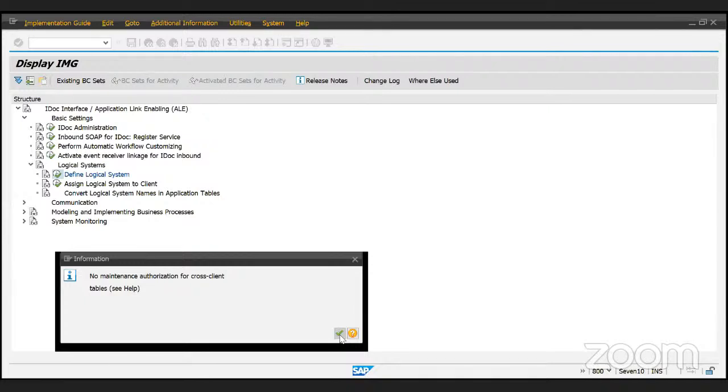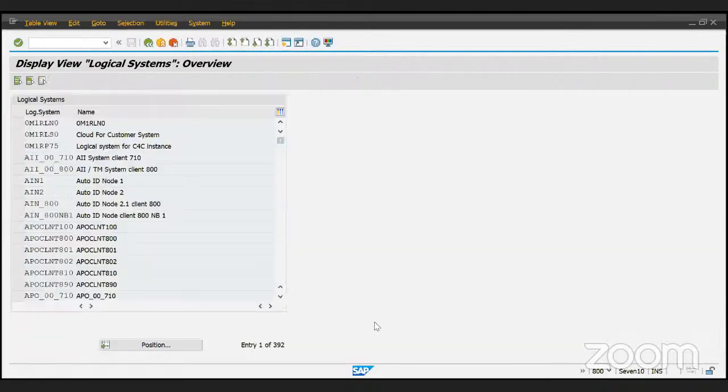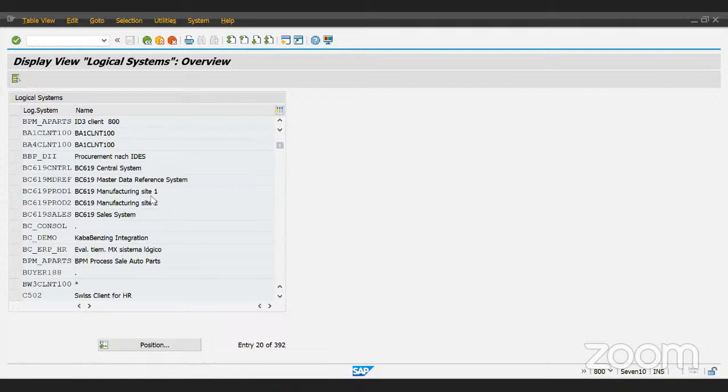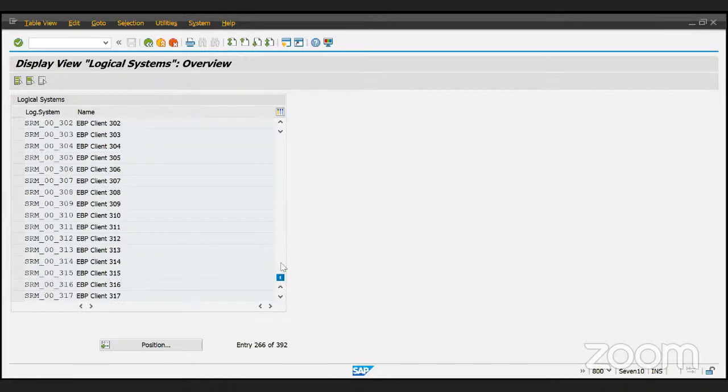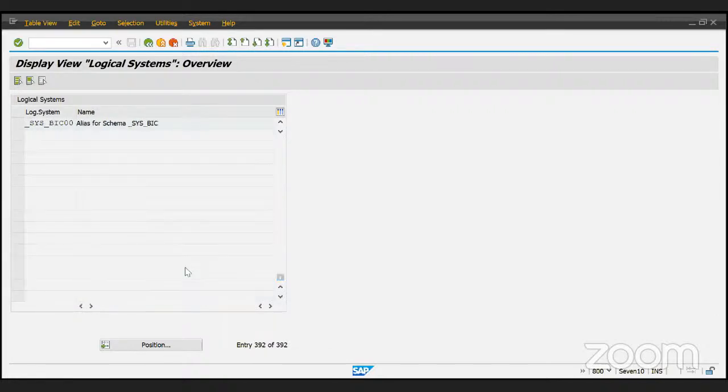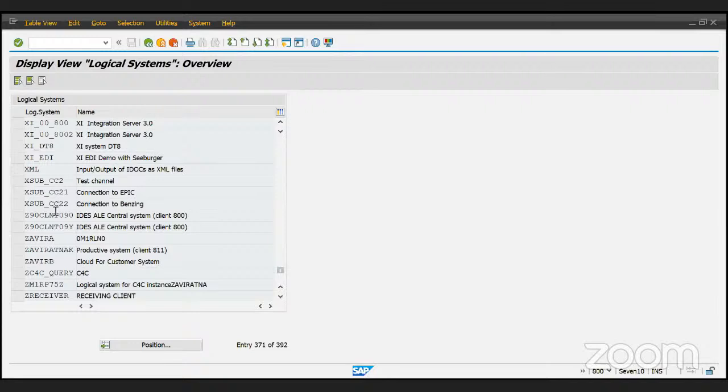Okay, SALE. If you go here, we can see multiple logical systems are available. So what do we store in the logical system? I'm basically looking for some G customized one so that you can see one more thing actually. We just define which system you are, that if I want to go and create,